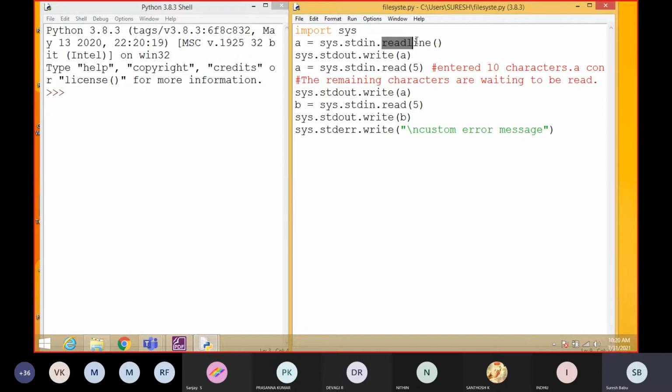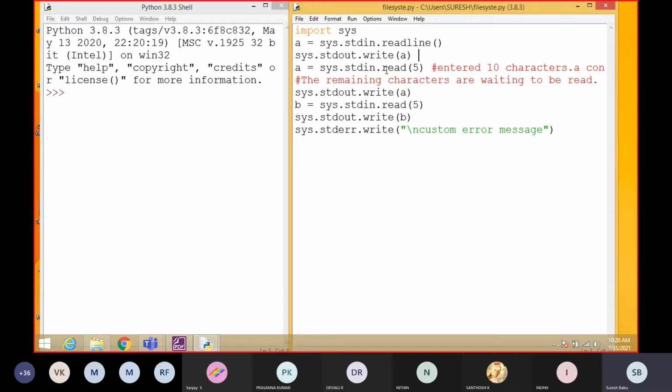We are reading one line of information, whatever you are typing, and it goes into the variable a. We are not using the input function, students, we are using stdin. Then through stdout we are writing the data, whatever is present in a, onto the monitor. So if you type anything, it will display immediately.